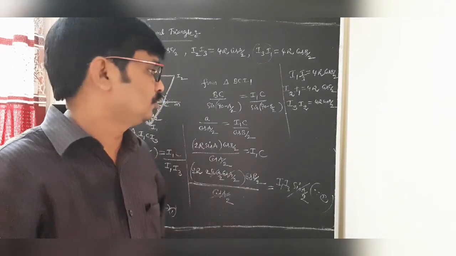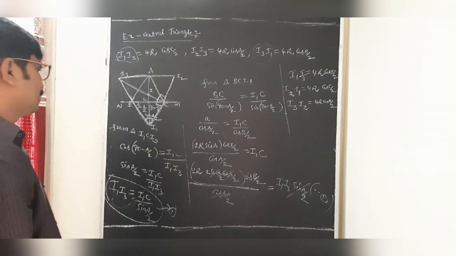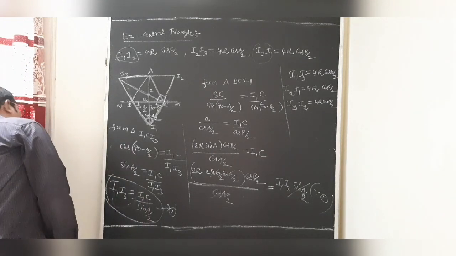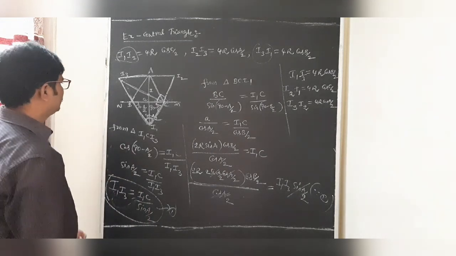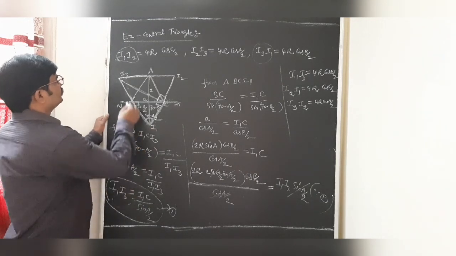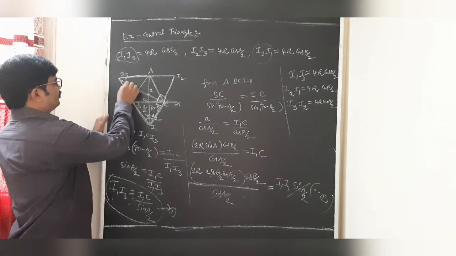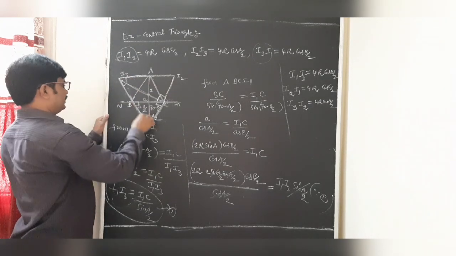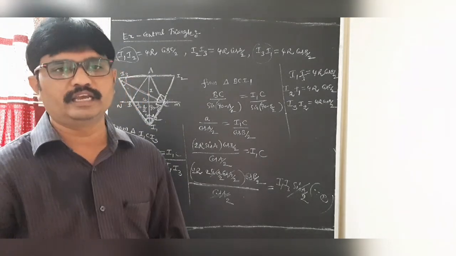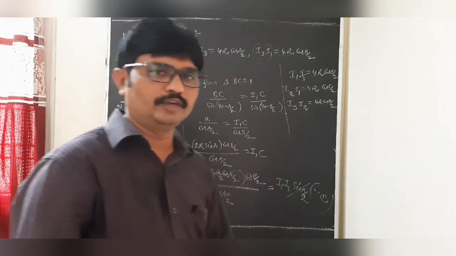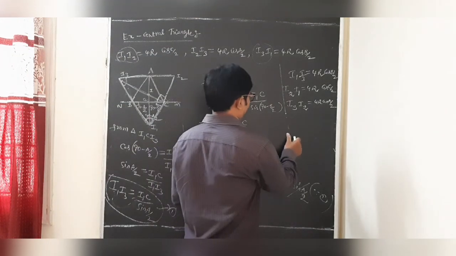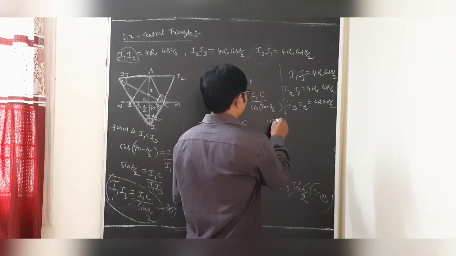Okay students, right now we are going to discuss the area of the excentral triangle. Just now, suppose we are taking the angle between them. My dear students, this is 90 minus C by 2. These are two sides. In a triangle, what is the area of the triangle? Half of BC sin A, of CA sin B, of AB sin C. So students, the area of the excentral triangle, how to write?